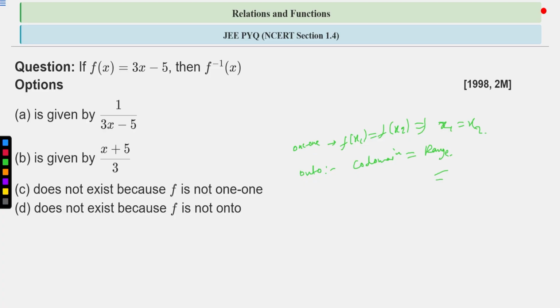So, in this way, you can try to think about this question. You have 10 seconds to solve or think about this question. After that, we will discuss the solution part.